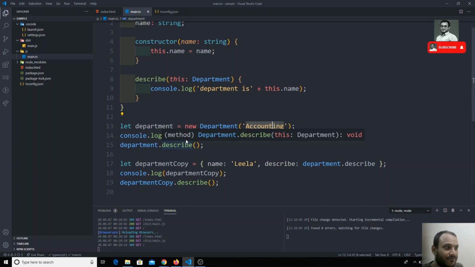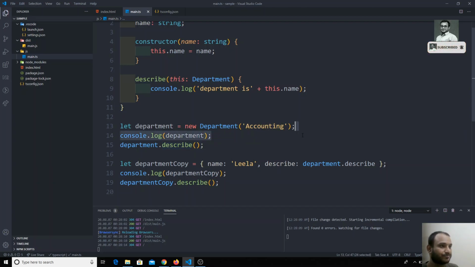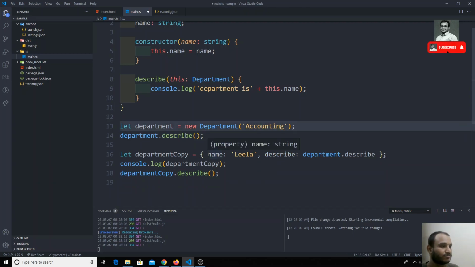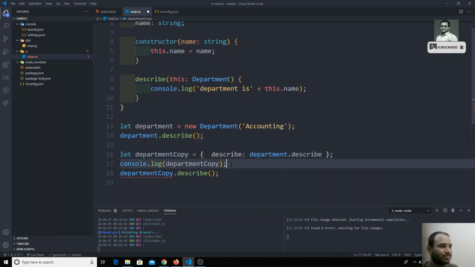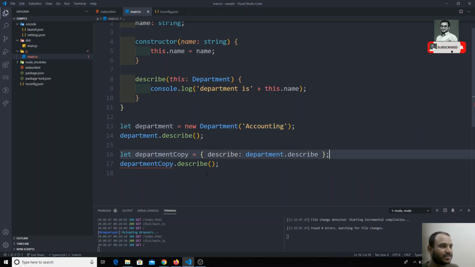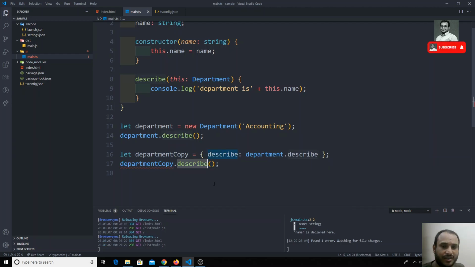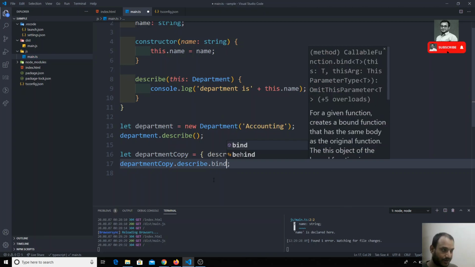This could be a little bit tricky. Now you may have a doubt: I don't have this name and all those things, and I want to call this department's describe. So I will pass the this, you can think. We know that we can pass the this to the function by using the bind, call, and apply methods. We have also seen Reflect in ES6, and we can also use the bind thing. So for example, if I want to call, I can call .bind here.